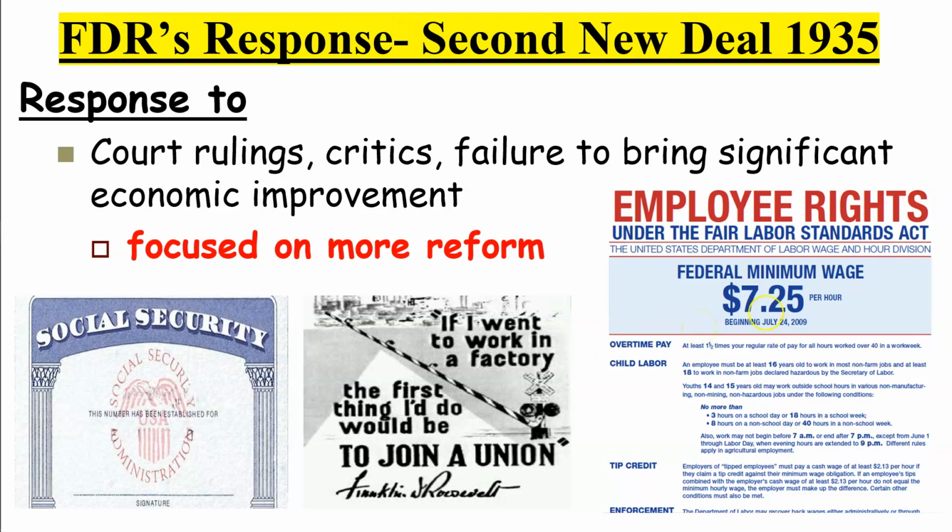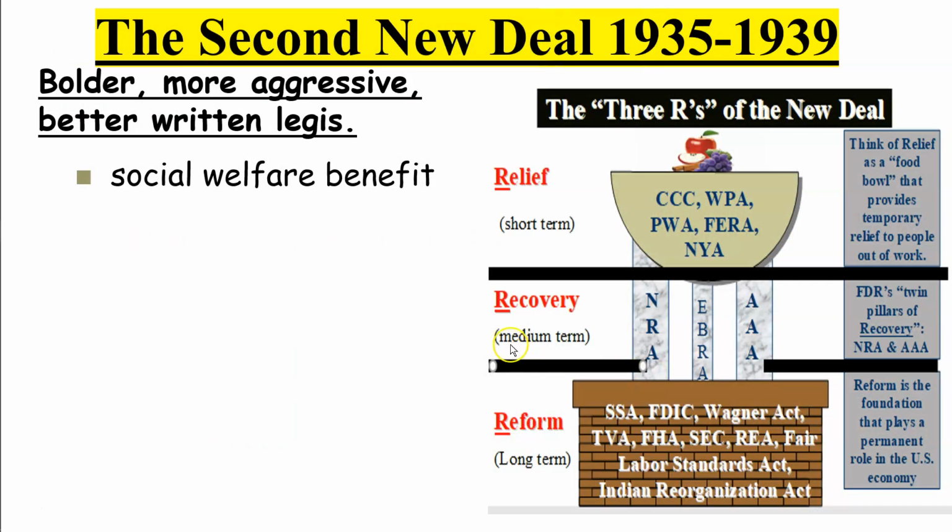And so child labor, as I mentioned before, and limits on who can be employed at what age and how many hours a day, that kind of thing, come in, which reserves a job for an adult, actually, by having some of this child labor go away and requiring kids to go to school. Imagine that. The second New Deal then is a lot bolder, more aggressive, but better written legislation,